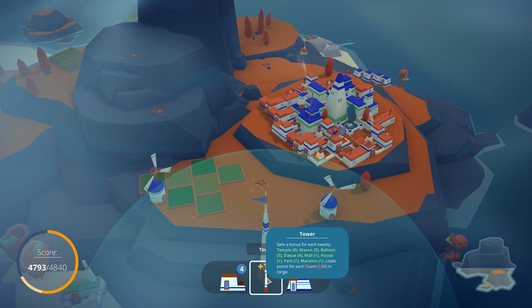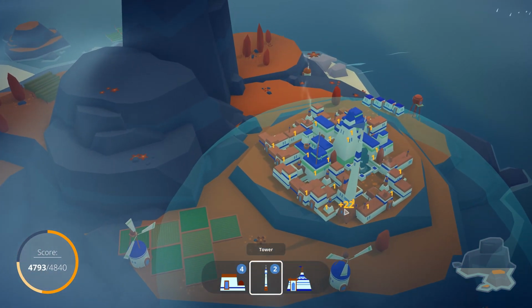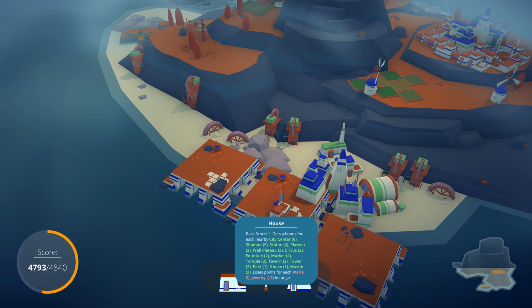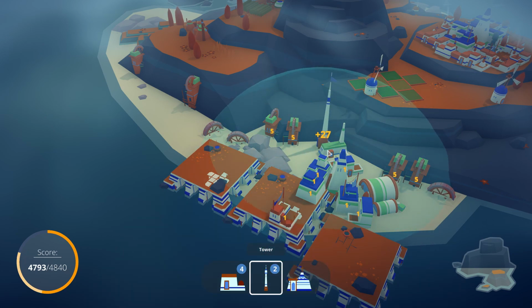Towers, temples, masons, balloons, wells, houses, and mansions. So essentially, it's 22 points over here. It's 27 points over here. We're going to put down both of those. But should we build the house first? Because the houses don't care about towers, do they? No, they do. They care about towers more than towers care about houses. Yeah. So let's build